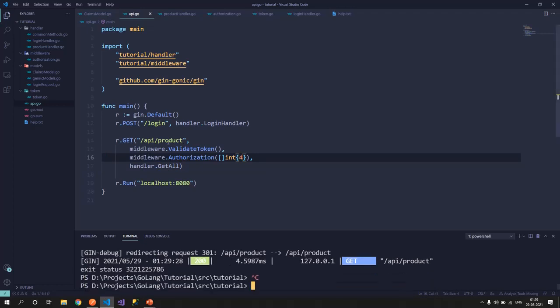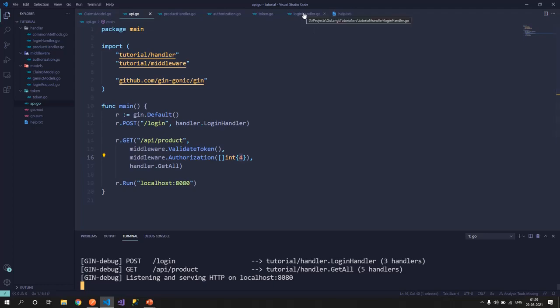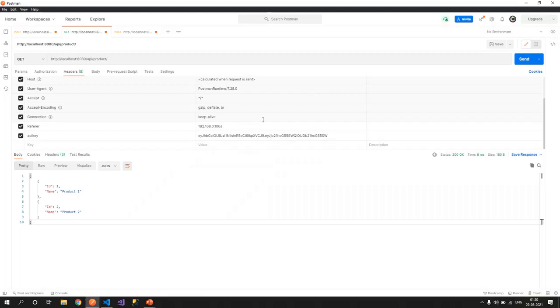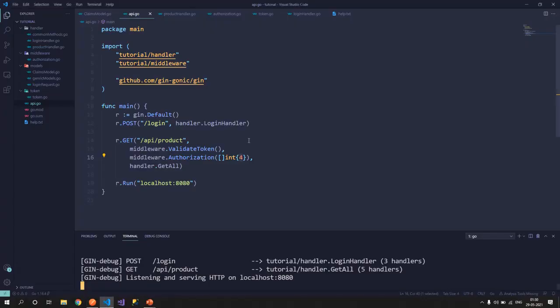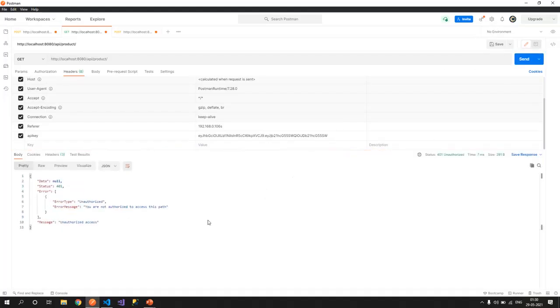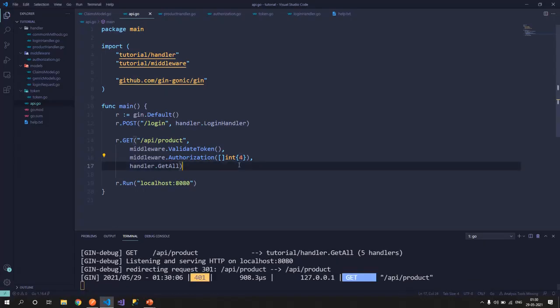I'm saying that this API is only accessible to people having role 4, and we definitely know, because we have hard coded the roles, that the user that we have generated the token for does not have role 4. So let's hit the API, and now I've got a status 401, that is unauthorized, and the expected generic model of error that I have generated, which also says unauthorized error. So this is how you can create role-based authentication, or authorization specifically.